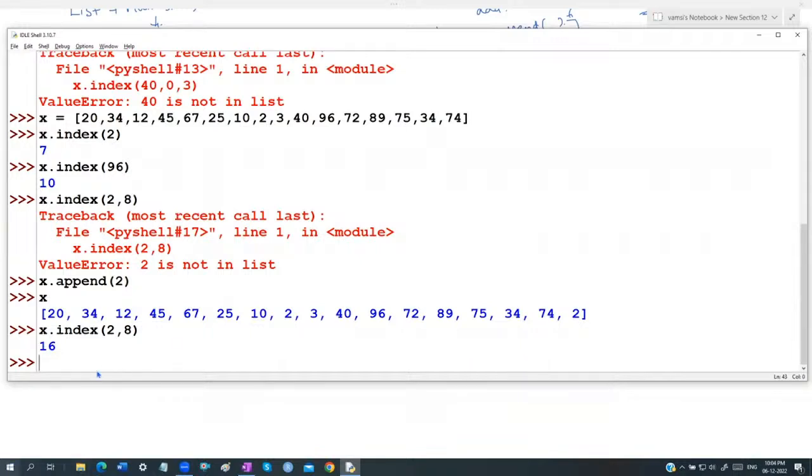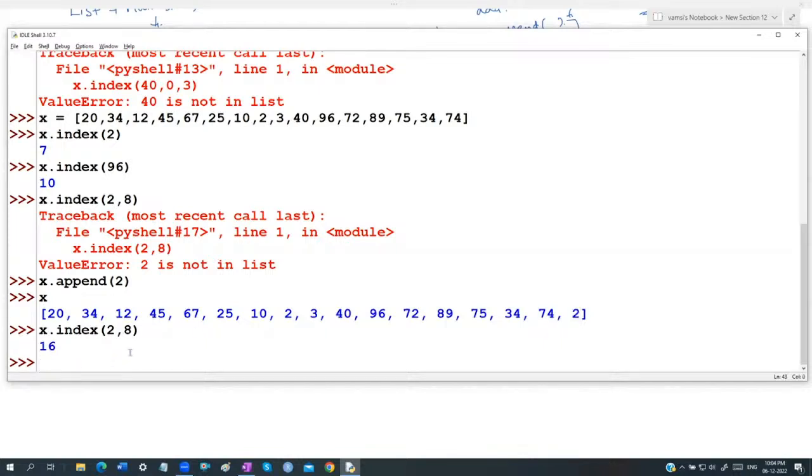I'm not saying to start from the 8th index and count it like 0, 1, 2, 3. I'm not counting it actually, guys. Counting is from 0 only, but I'm starting the search from the 8th index. Start from the 8th index. Do you find any occurrence of 2? Yes, I find the occurrence of 2 here, which is nothing but the 16th index actually,